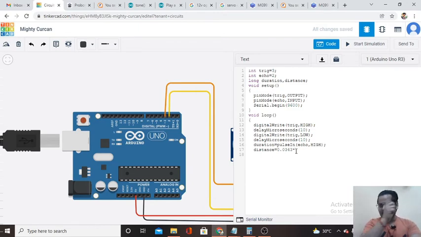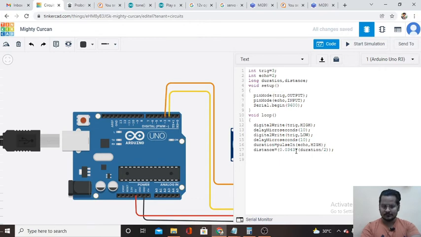Because this duration is covering two ways, we will divide this duration by 2 so that we can calculate the exact distance from the object to the sensor. So duration by 2, and then we'll close this entire bracket.